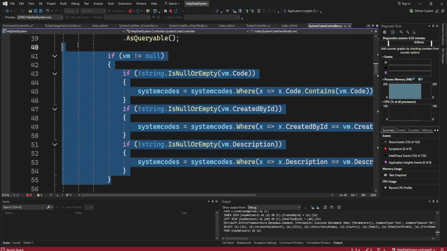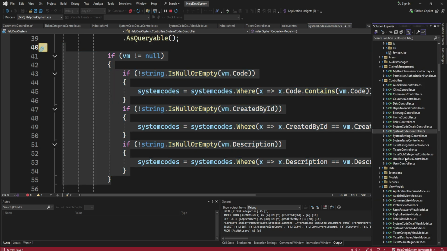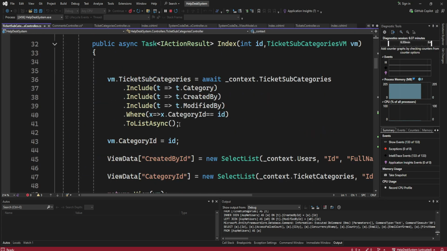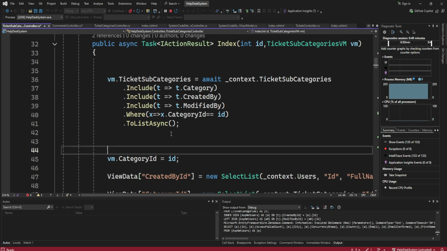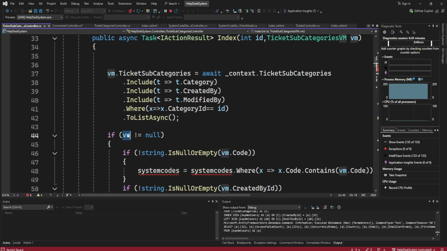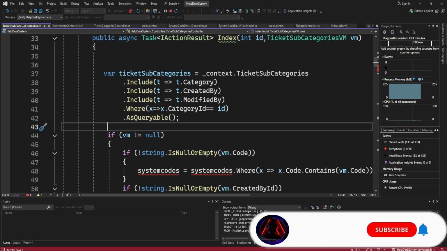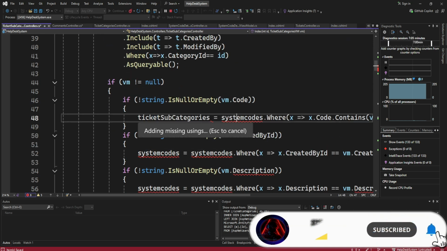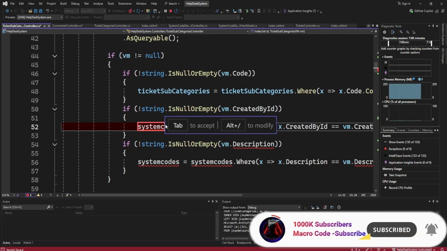So we can do the same thing for our subcategories. So I'm going to do the filters, and you're also checking if we don't have anything here. So here we'll just do variable ticket categories, and I can do here AsQueryable, and I can remove this. Then we can now do ticket categories equals ticket categories.TicketCategories created by